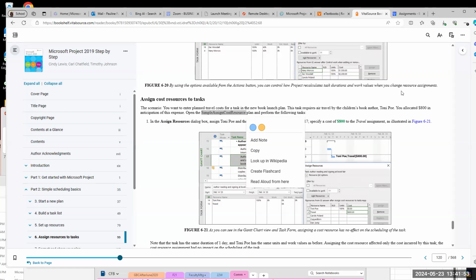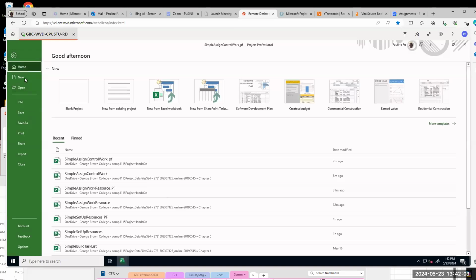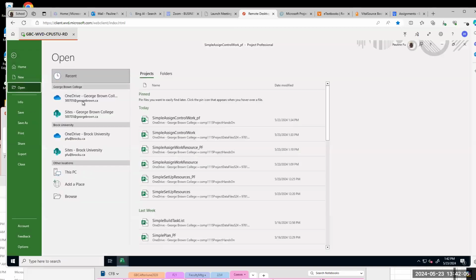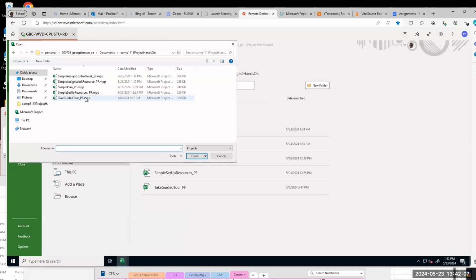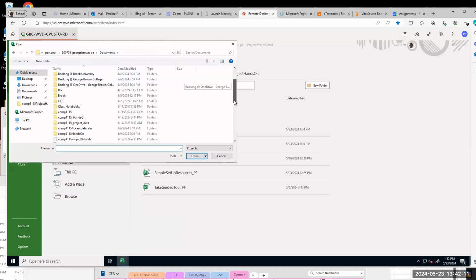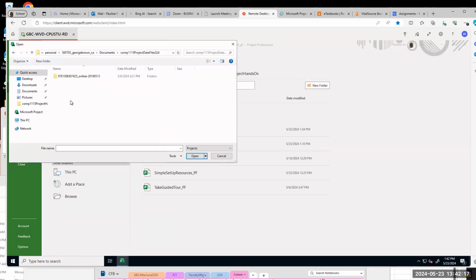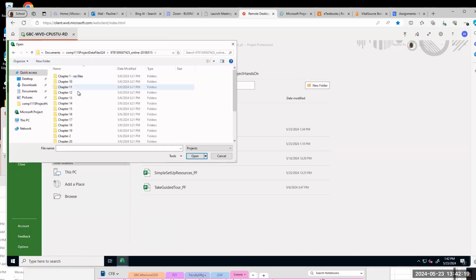So, okay, now we open another data file. Simple assign cost resource. File, open, OneDrive dropdown, data file folder. Chapter 6.